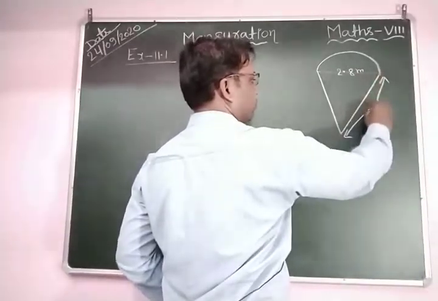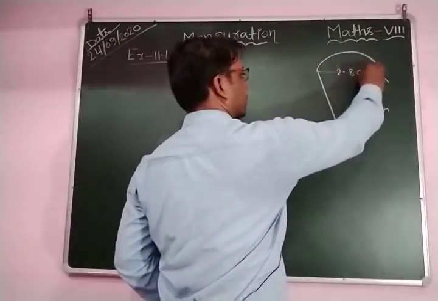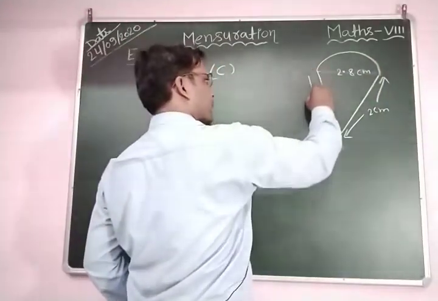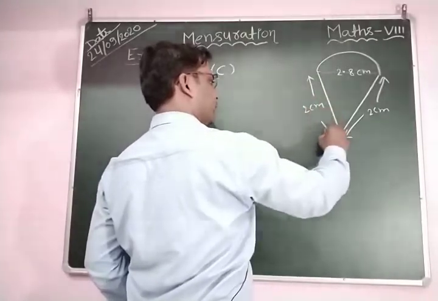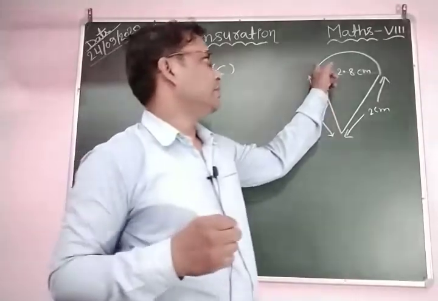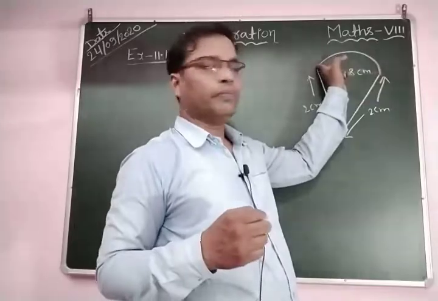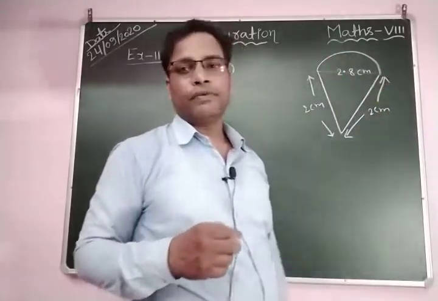Okay, this is 2 centimeter. It means that this is also 2.8 centimeters. Okay, and this distance is also given here, 2 centimeter. Now, this is a part of a semicircle, so the perimeter of this part is pi r, and this is 2 centimeter, this is 2 centimeter. This is equal to 4 centimeters.